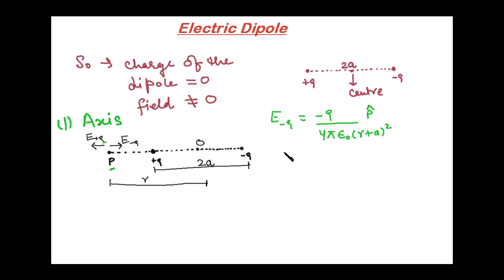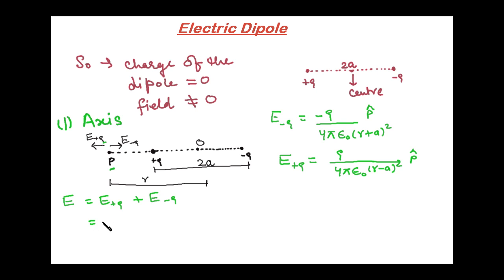Q to plus Q. Now again, electric field due to charge plus Q at this point P would be E plus Q is equal to Q upon 4 pi epsilon naught (r minus a) whole square p cap. Now total field at this point P would be sum of fields at point P due to charges minus Q and plus Q. So total electric field would be E is equal to E plus Q plus E minus Q,